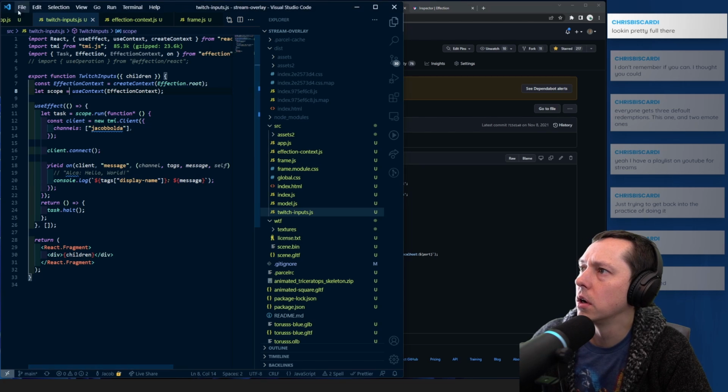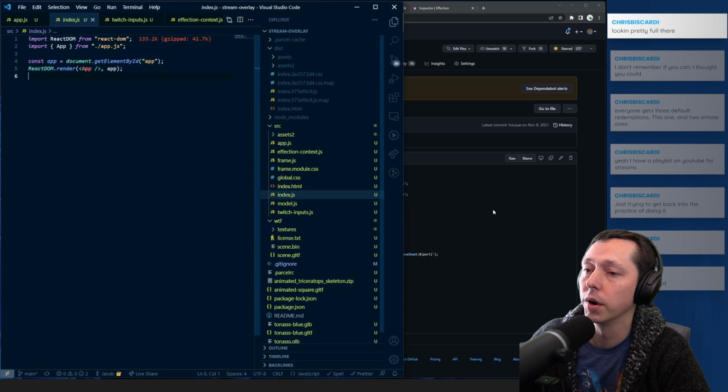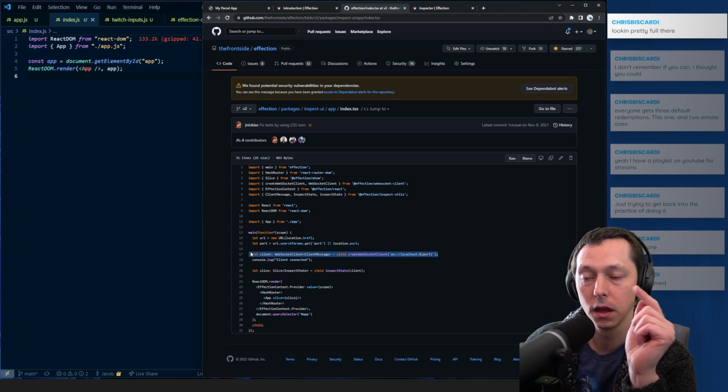So let's go ahead and do this exact same thing here. We are going to wrap our render in an Effection scope. I don't need to do WebSocket stuff, I don't think. I mean, I might actually want to eventually do WebSocket stuff, because in the browser, the WebSocket can